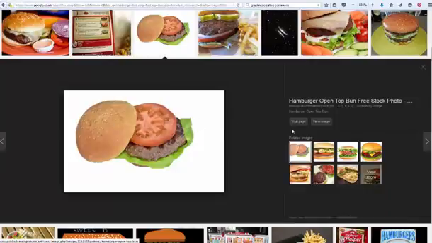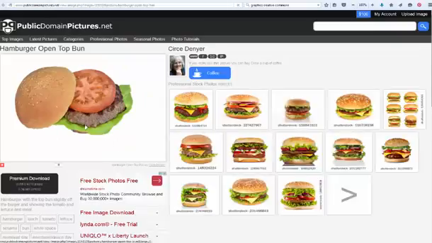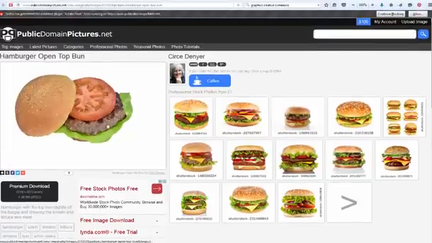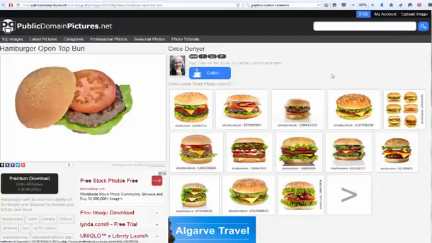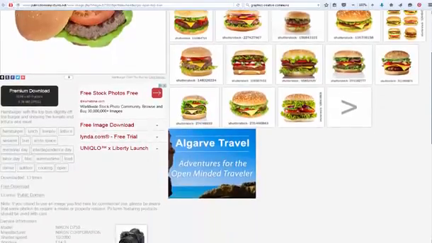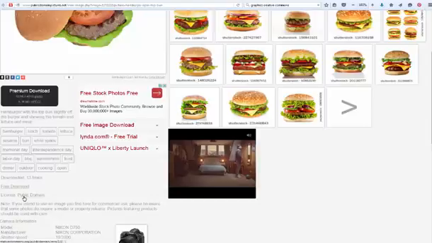Now what you then want to do is visit page. You want to see the image in the page. For one thing, you'll be able to download it better. For the other, you'll be able to just check to make sure that it actually is something you can use. And it says here, free download, license, public domain. And if I click on that,